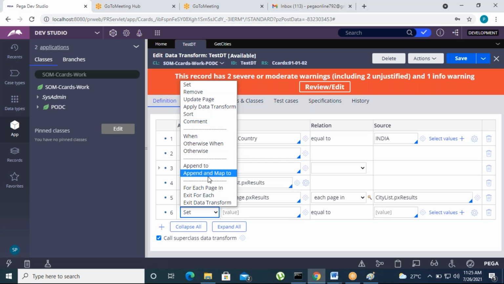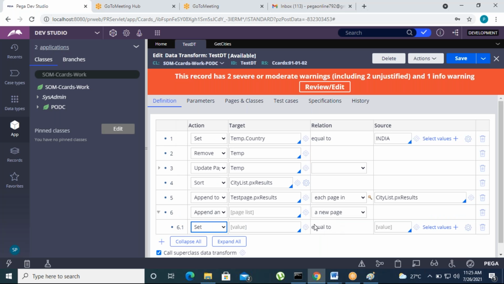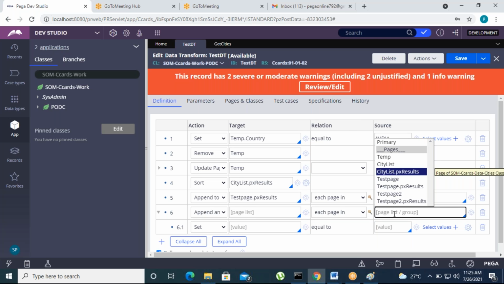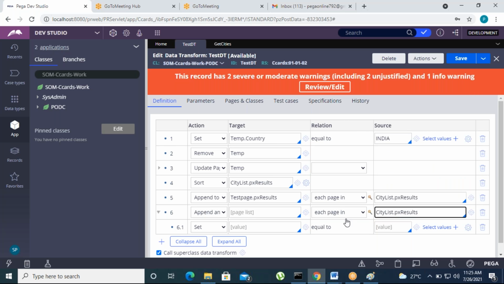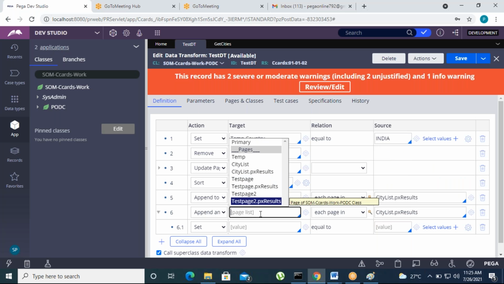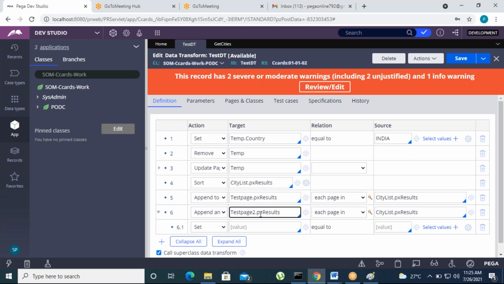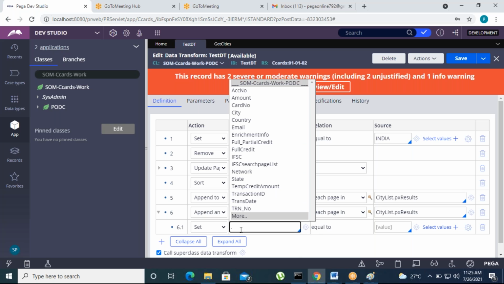Remaining all actions are the same. So you can select appending each page, so the source is ctlist dot px results, and the target is test page 2 dot px results. This is how the data will be transferred. Here we can set something: we have some cities class and work class, right?